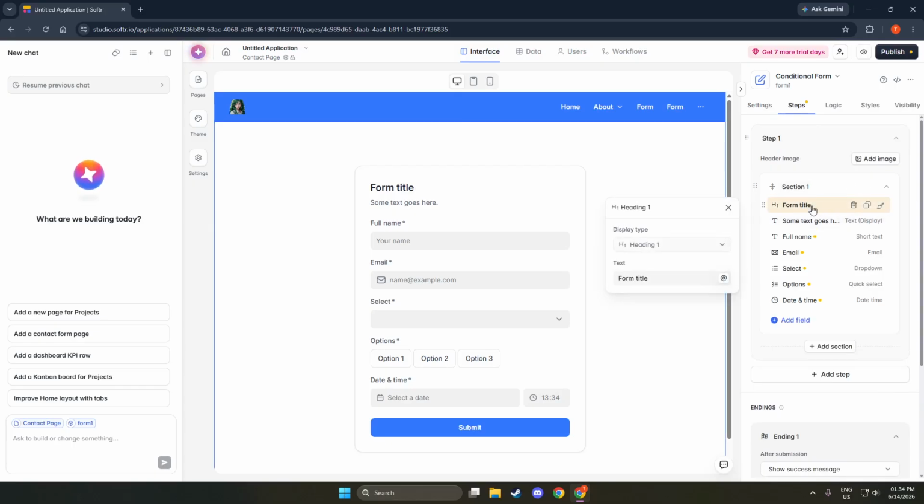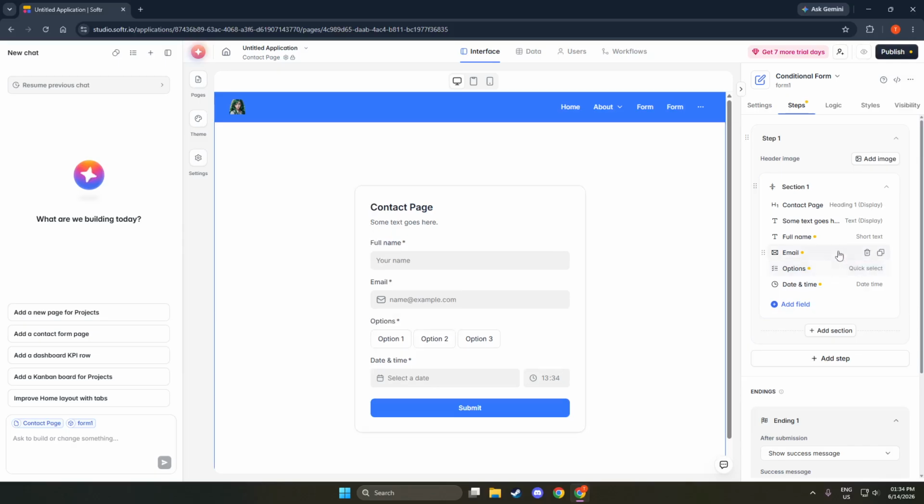Once the elements are in place, it's time to style the page. Adjust the spacing between elements to ensure everything looks tidy. You might also want to center the form to keep the design balanced and visually appealing. This little step saves you a lot of time later by preventing potential design issues.